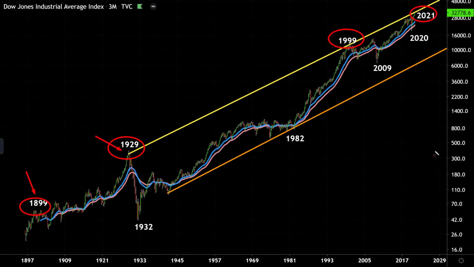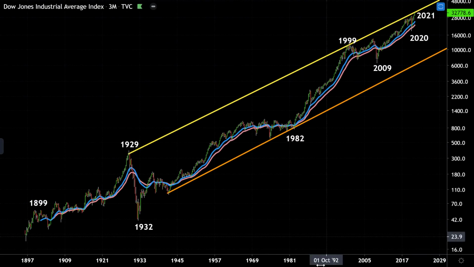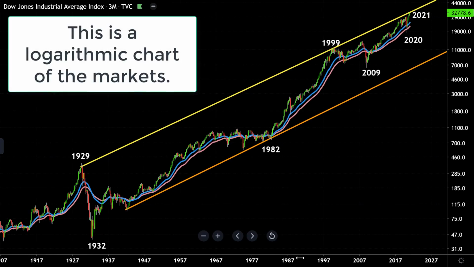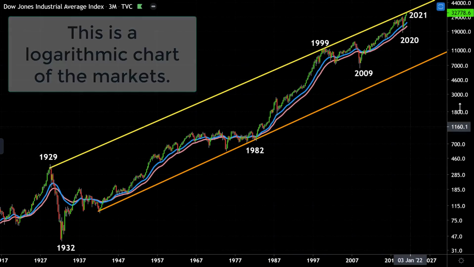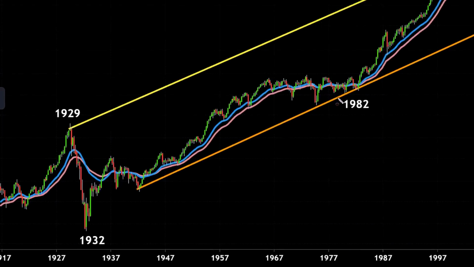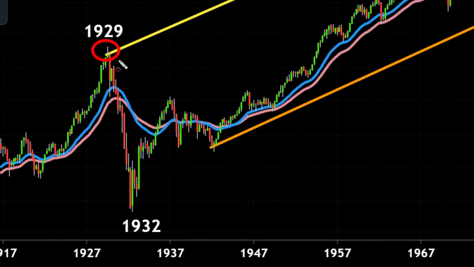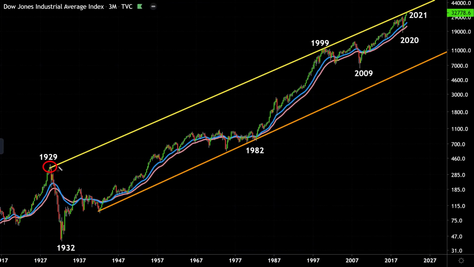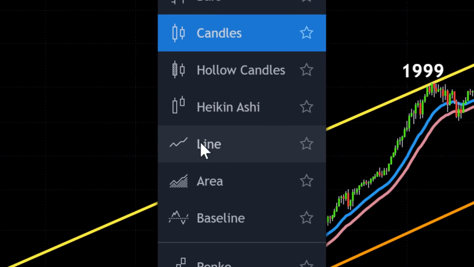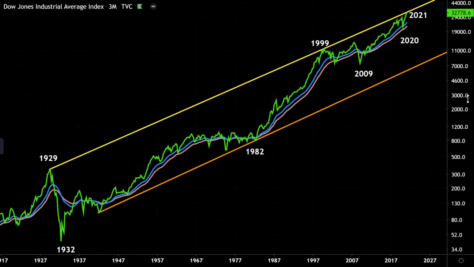So you can see what I've done here. I've connected the highs. Let's just zoom in a bit here. I have connected the highs, the 1929 top, before the famous Wall Street crash of 1929. We've connected the closing highs, so I'm using closing prices. And if you want to know what I mean by that, I'm using closing prices based on a line chart. Let me just show you. You can go on a line chart, and you can see I'm using the closing prices, which often can make the trend lines more reliable and actually a bit better as well.